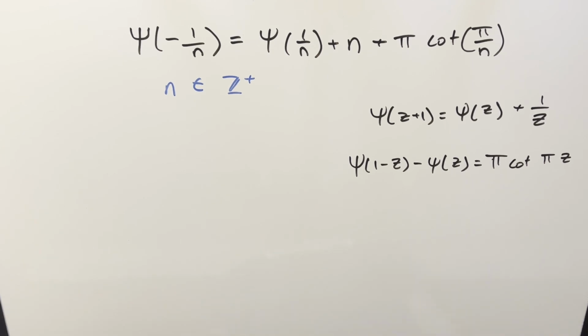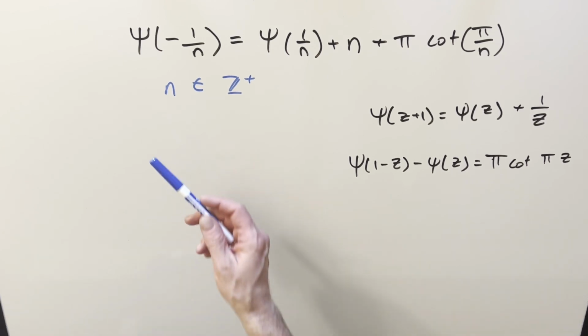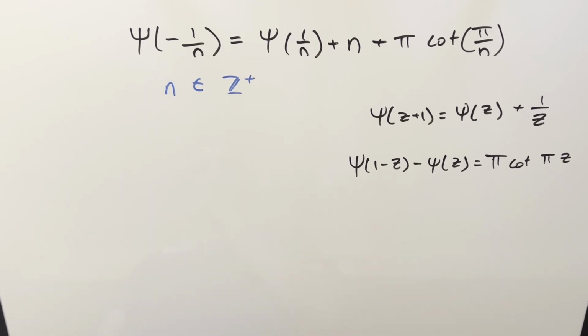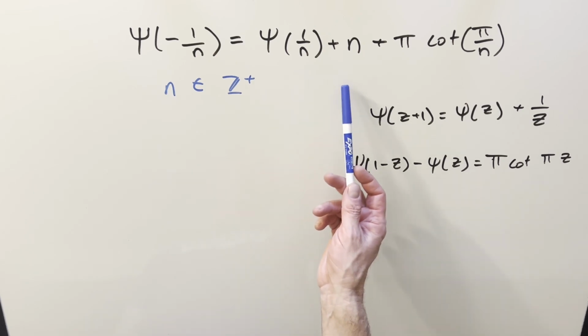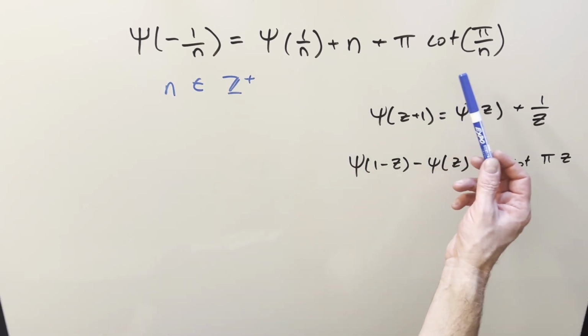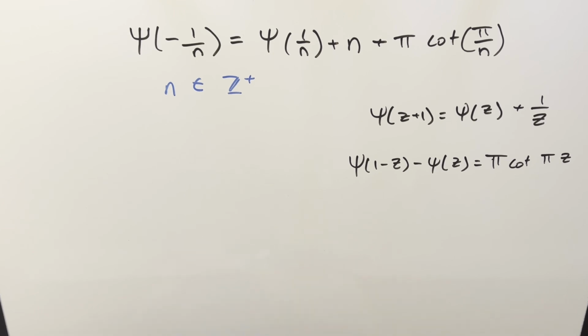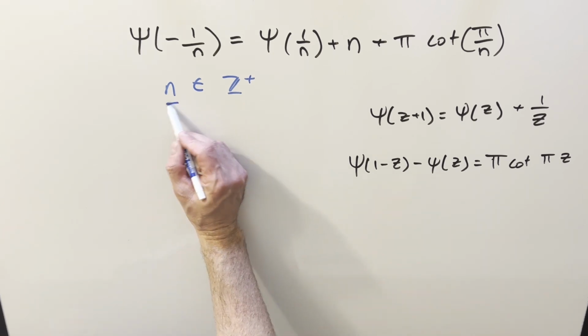Okay, I wanted to go over some alternative formulas for calculating the digamma function, and we have this one up at the top of the screen that's going to help us calculate negative values. So we have digamma of minus 1 over n is equal to digamma of 1 over n plus pi cotangent pi over n. I think this would also work for negative integers, but right now we've got this set up